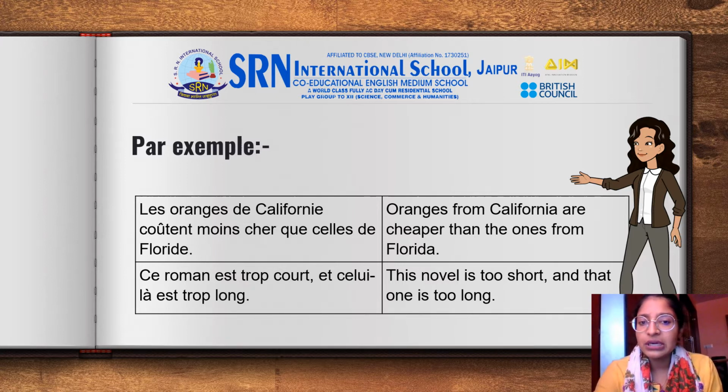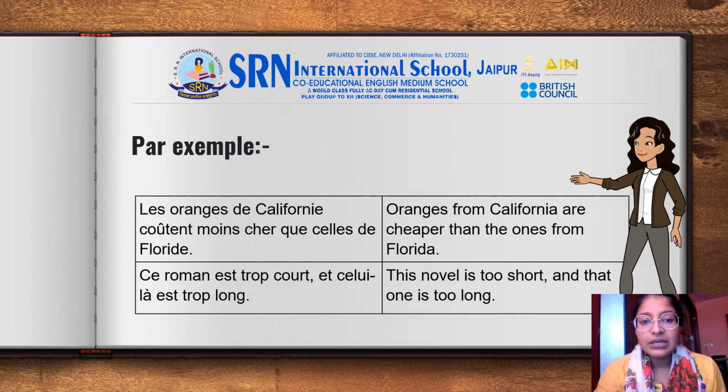Les oranges de Californie, the oranges from California, coûtent moins cher, cost cheaper than que celles de Floride, than the ones from Florida. So here we have talked about the oranges previously, and then we are talking about them again when we are comparing them with the ones from Florida. So we have used celles, C-E-L-L-E-S.